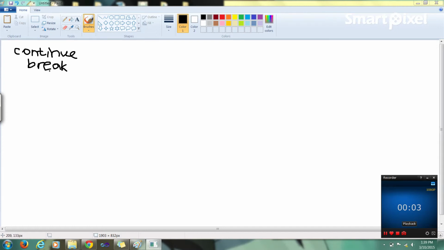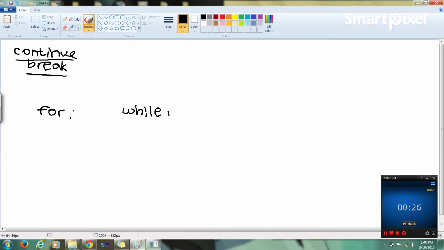Hi guys, so in the last tutorial we discussed how break could be applied to a while loop to prevent the case of an infinite loop. And now I really want to talk to you about for and while loops. Right, so we have for and while loops, and basically what we want to do is when we use continue in one of these loops,